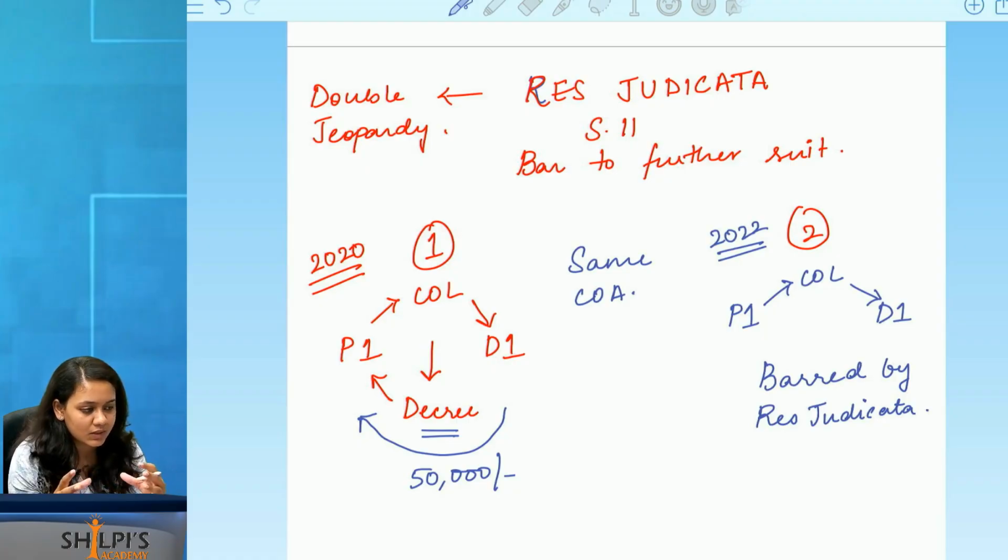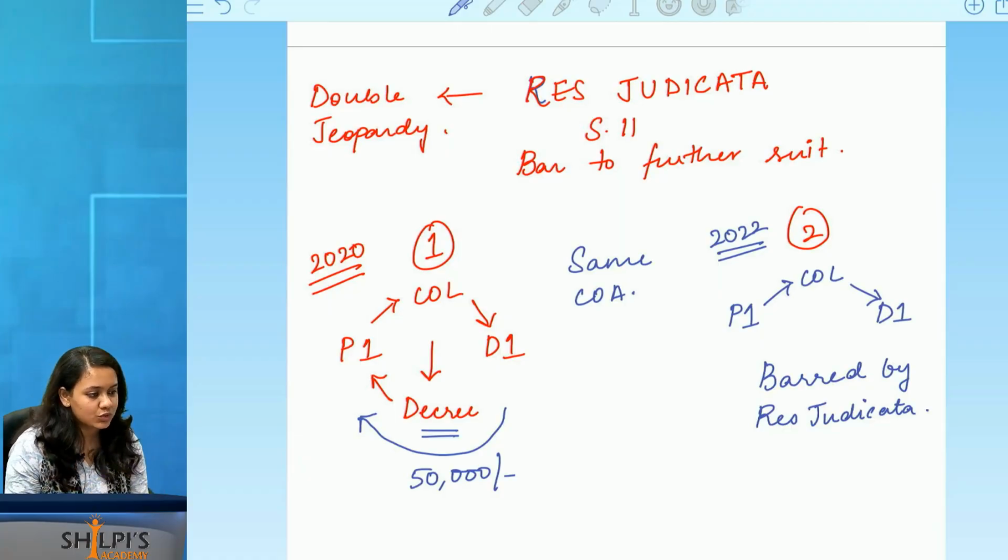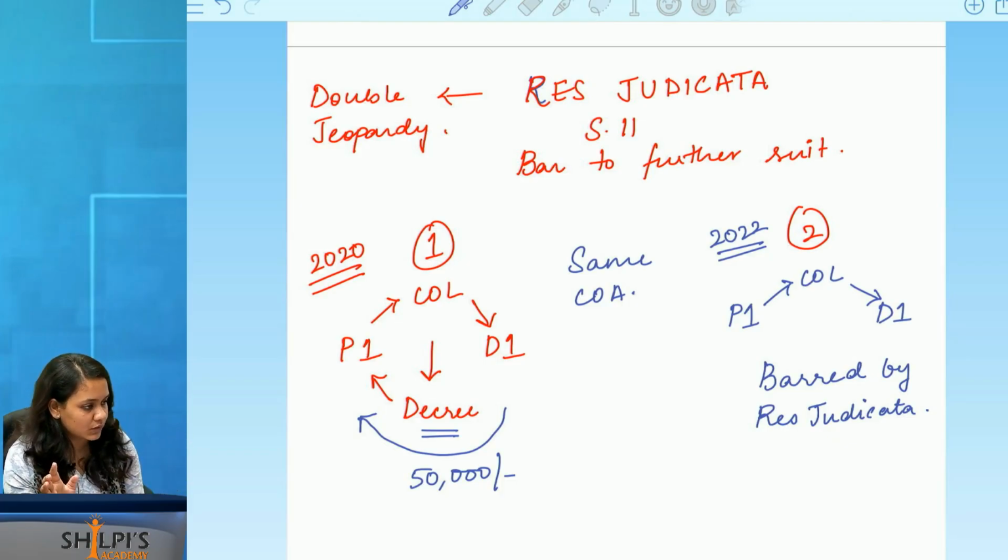But if you see the similarities between the two, there is a former suit, there is a subsequent suit. Same cause of action, same parties also. And they are trying to not punish the same defendant twice. In sub judice, they are trying to have multiplicity of proceedings or excessive litigation. They are wasting the court's time. Whereas in res judicata, the objective is to protect the defendant from being punished for the same offence twice. Okay, so we see only one difference and most similarities if you think about it. So section 10 is sub judice, section 11 is res judicata.